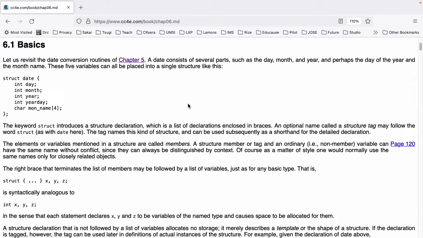Section 6.1 Basics. Let us revisit the date conversion routines of Chapter 5. A date consists of several parts, such as the day, month, and year, and perhaps the day of the year and the month name. These 5 variables can all be placed in a single structure, like this. struct date { int day; int month; int year; int yearday; char mon_name[4]; };